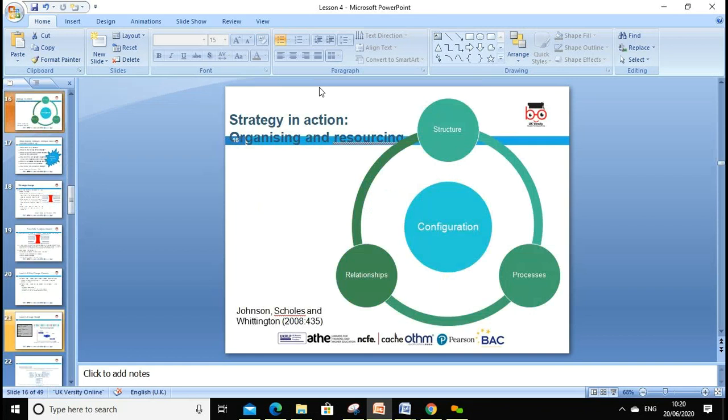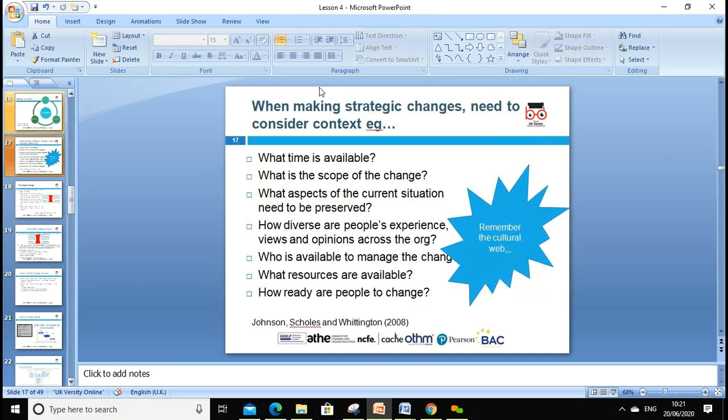Innovation does not mean you totally change the organization. Innovation can be something simple, like delivering meetings: we can use Skype, or WebEx meeting, or various other meeting tools, instead of meeting physically. That is innovation. Then integration, structured processes, and relationships we need to look around within, and then when making strategic change